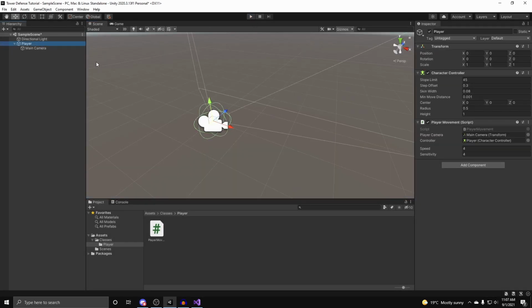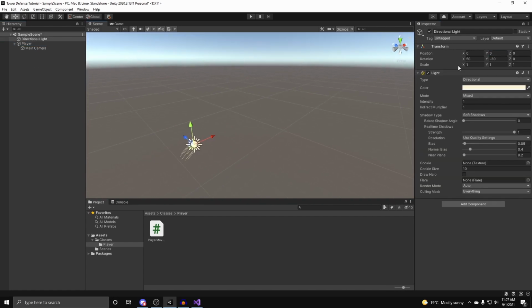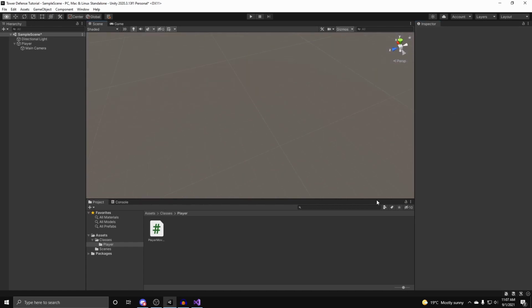Now let's get into the main thing that I want to do in this video, which is creating the map for a tower defense. So to create our map, let me just quickly get this out of the way. We have to consider multiple things. We need to consider the scale of the map. That is really important, because when you're making a map for a tower defense, especially when you're making multiple maps for a tower defense, you really need to worry about your scaling, because one map could be larger than another, and the ranges of the towers that you have may not be as efficient on one map compared to another. So the way I like to maintain my scaling is using the grid that is already provided by Unity